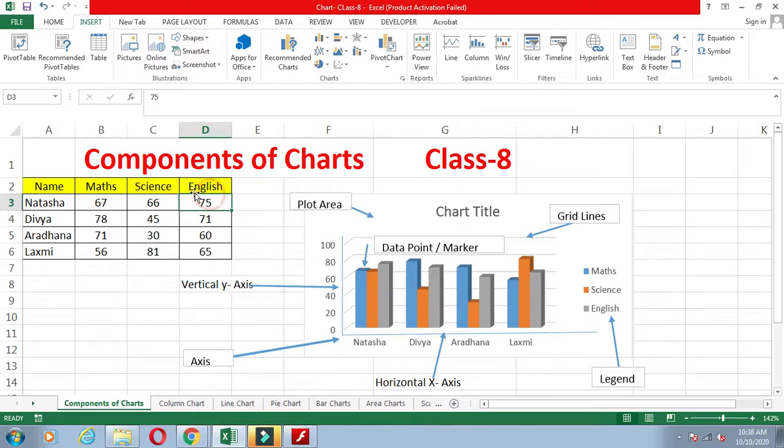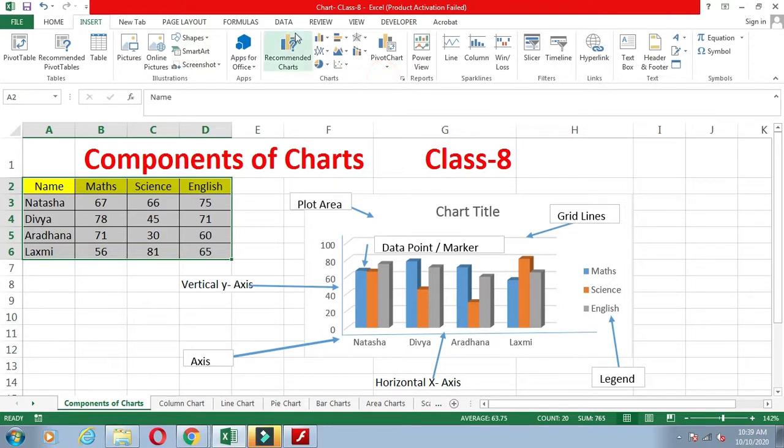Now if we have to plot the graph of this chart, first you just select this series, go in the insert tab and select one of the charts from the chart group. Here is the chart group up side. You can select any one. I had selected one chart. Now what does this chart show? Here is the plot area. Have you seen the plot area? This is the complete plot area.